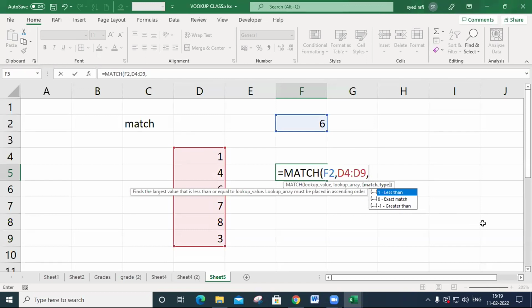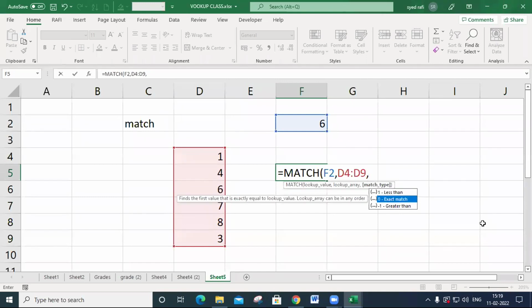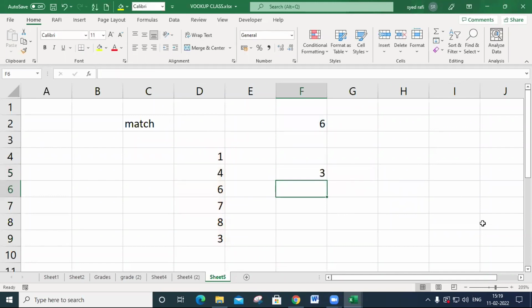I don't want to use less than or greater than, I just select exact match as 0, close it and press enter. It returns 3. What is the meaning of 3? It indicates the position.